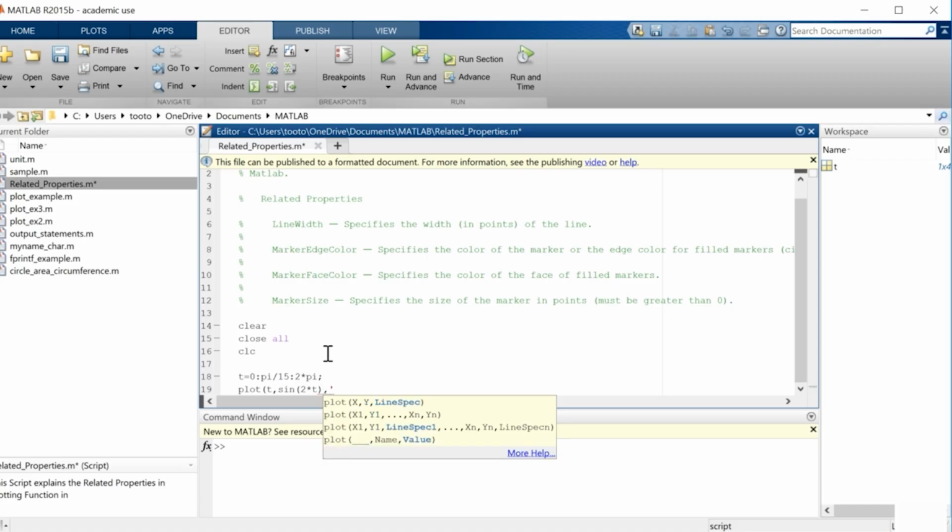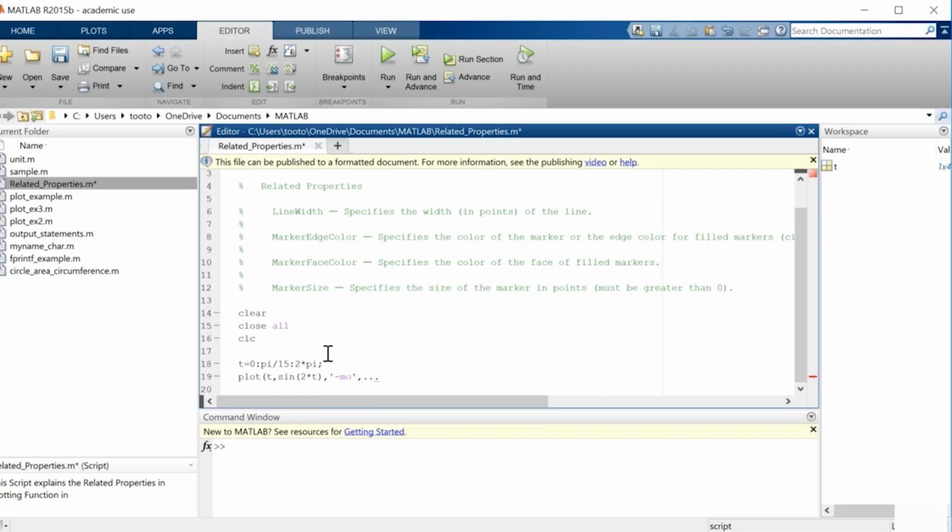The first one I use is dash mo as before, and then, because it's going to be a long one, I can actually use 3 dots. If you remember, that takes you to the next line, and then here I use the first relational